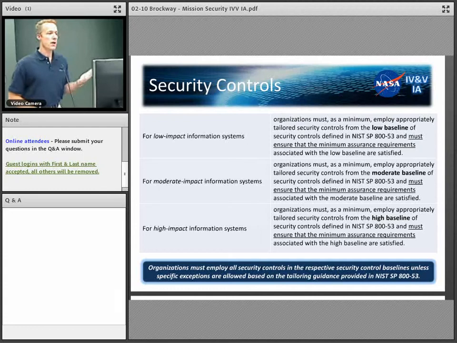And so as the program, the project, the development effort is on its journey, much like we can from an IV&V assessment and assurance providing value adding, perform that assessment through the entire life cycle of the security controls themselves, regardless of low, moderate, and high impact systems, and we are indeed doing that on particular missions.